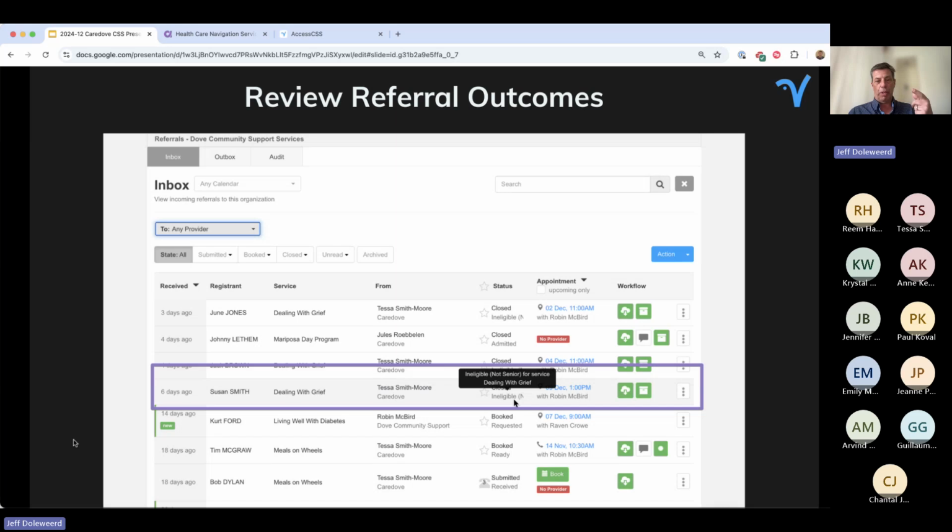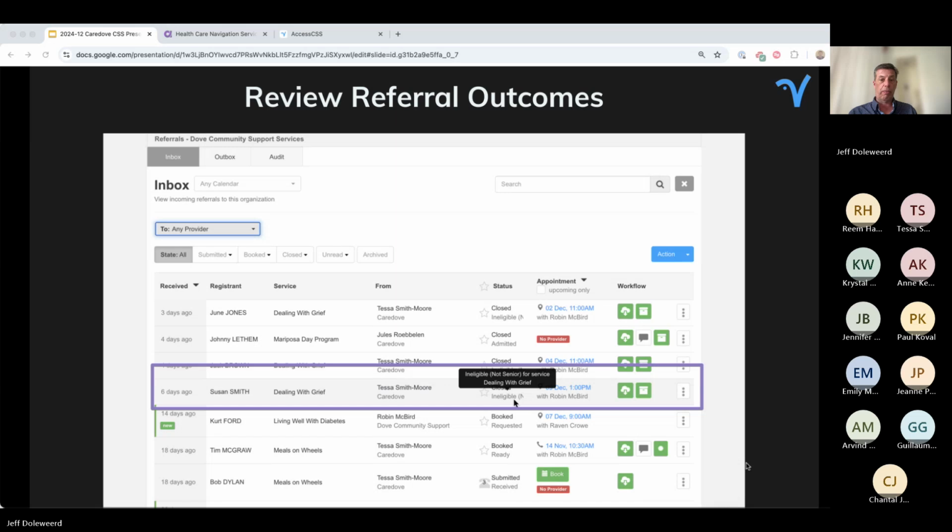This sort of emphasizes another point, which is if you mark the status of the referral as ineligible, or you give an outcome on the referral and close it off, you will provide feedback to the person who referred to you, because they'll get that notification and they'll understand a little bit better, maybe, that what they're sending you is ineligible. Also, you'll be able to do what I'm about to do here, which is look at